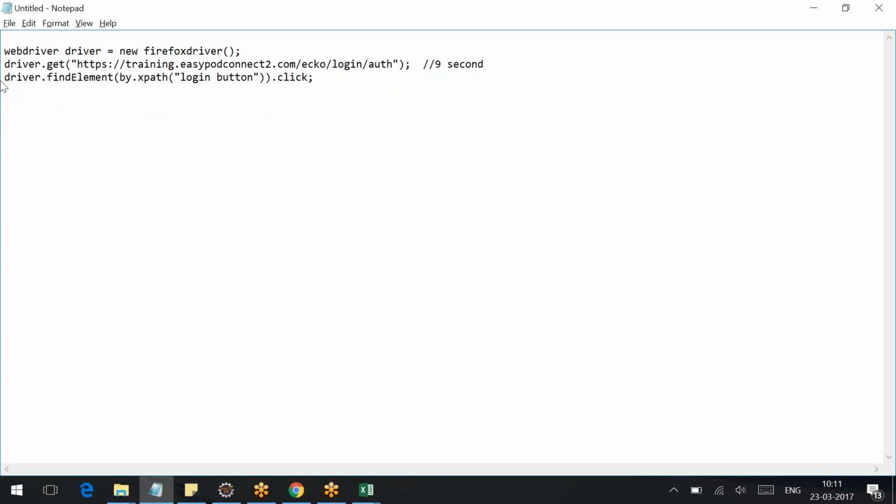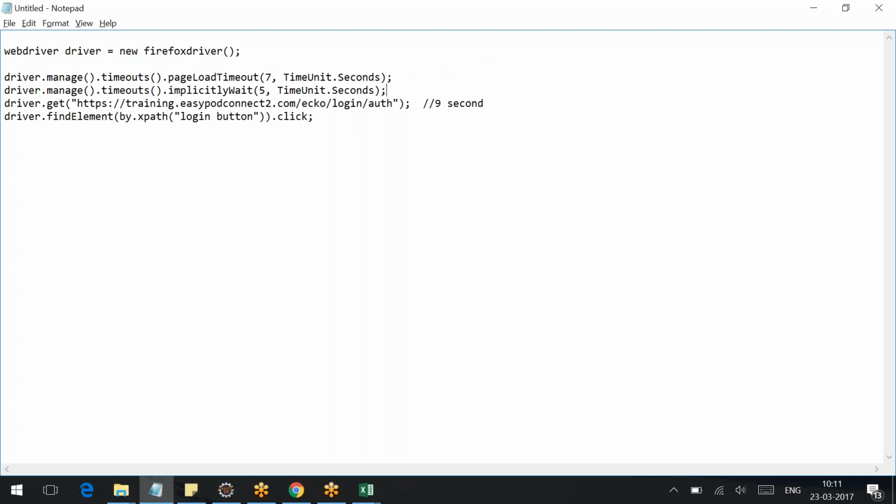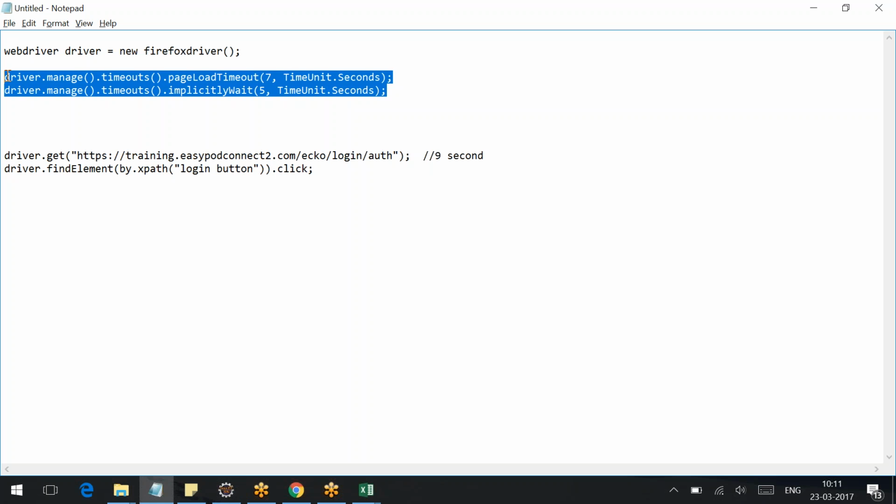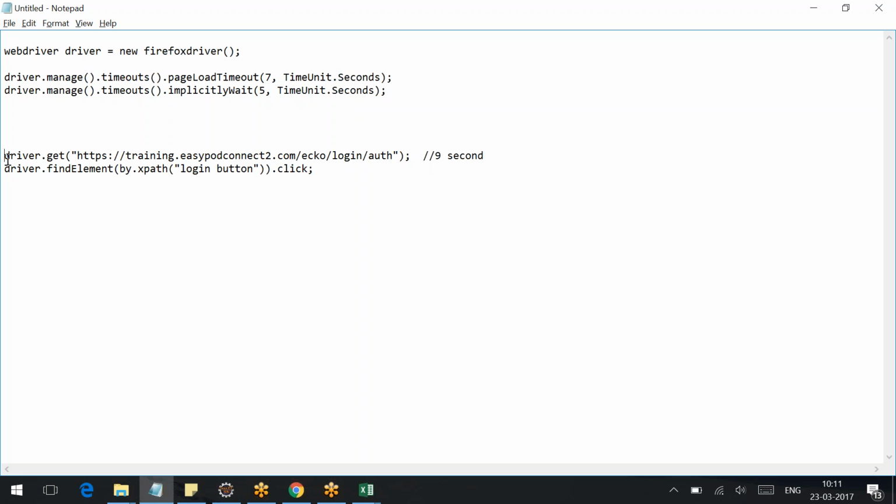This one will make you more comfortable. Say it will first execute the driver web Firefox driver, then it will immediately execute these two lines. Immediately it will execute these two lines, and when it is trying to load the browser, since loading is